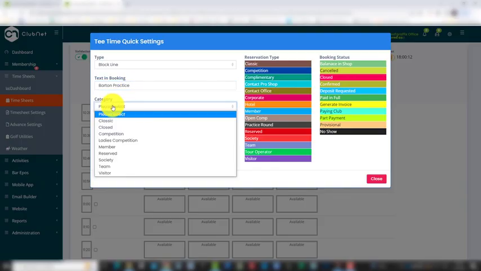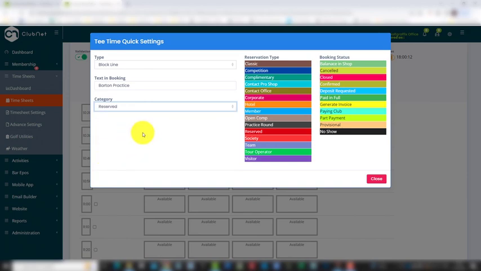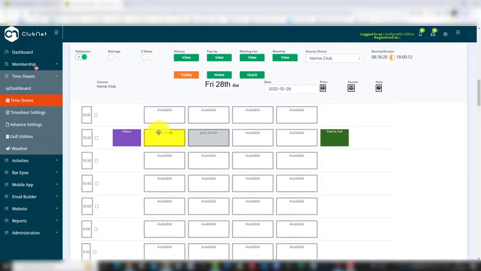and it's going to say please select a category, and the category here will be either reserved or closed, whatever you want. So we'll say reserved, and we'll just click close. All we have to do now is click into a line that we want to apply those rules to. This is a pretty blunt tool, so if you clicked into a line like this visitor line, it would overwrite it. So in order to protect ourselves against doing this by accident, if I click into a line,